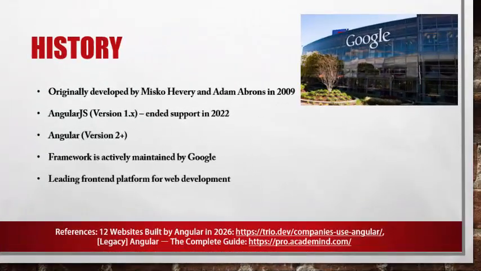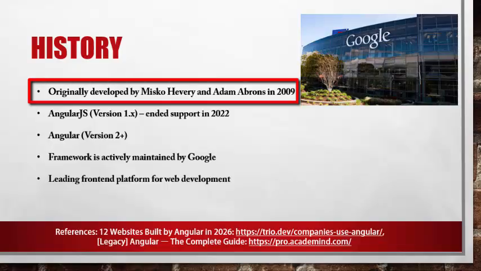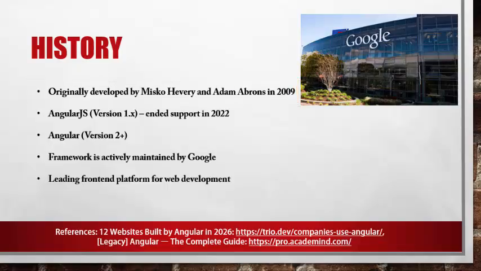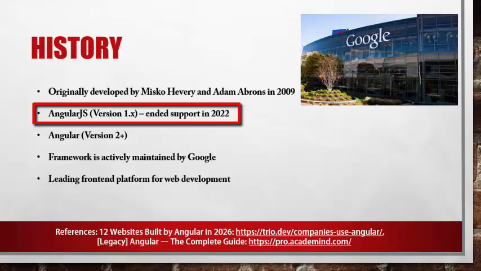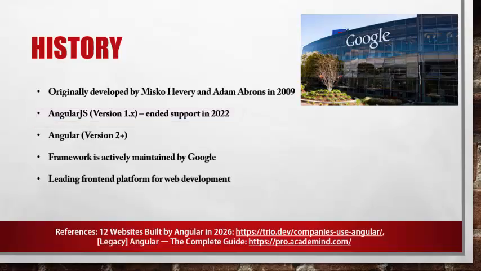Now let me tell you a little bit about the history of Angular. Angular was originally developed by Misko Hevery and Adam Abrons in 2009. So that kind of gives you an idea how long Angular has been around. When Angular first started out, it was called AngularJS, or Angular JavaScript. And you can see here it was for versions 1.x, just the different versions of 1 point whatever number it was. And that ended support in 2022, and so we no longer